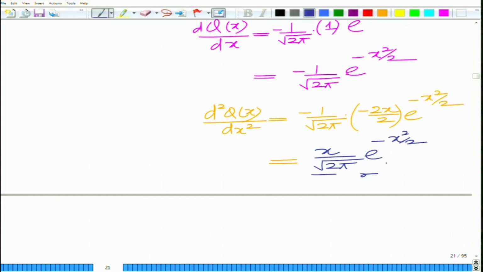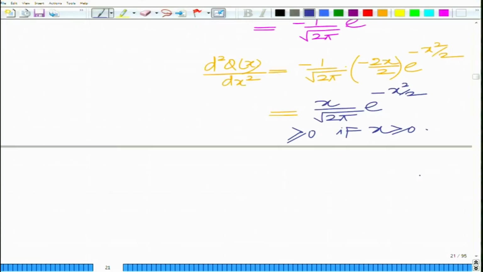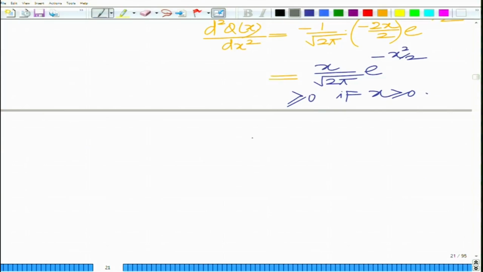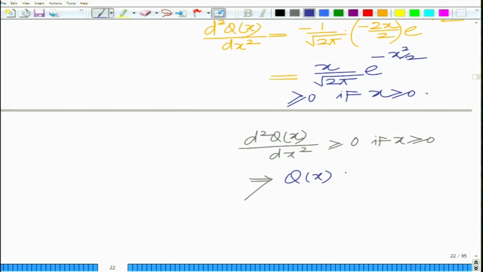And now you can see this is always greater than or equal to 0: e raised to minus x square by 2 is positive, and x is of course greater than or equal to 0. So, when x is greater than or equal to 0, this is greater than or equal to 0. So, we have the second derivative d square Q of x by dx square greater than or equal to 0 if x is greater than or equal to 0, which implies that the Q function Q of x is convex